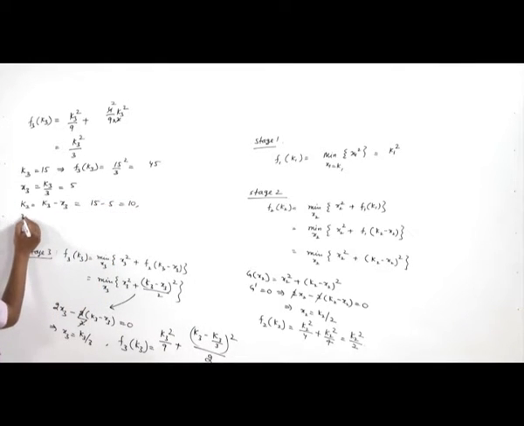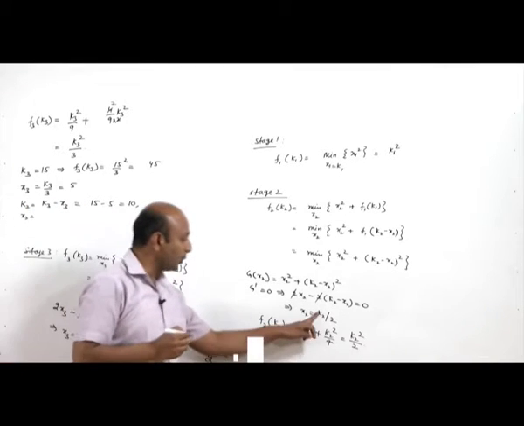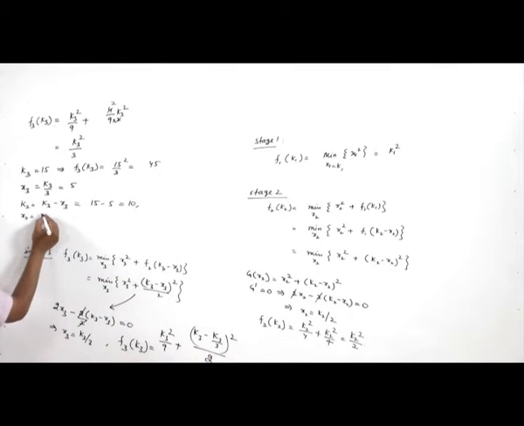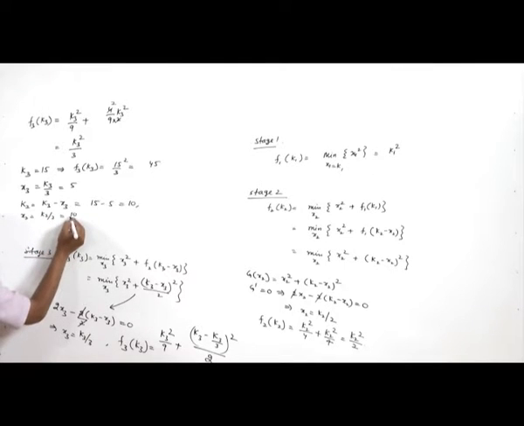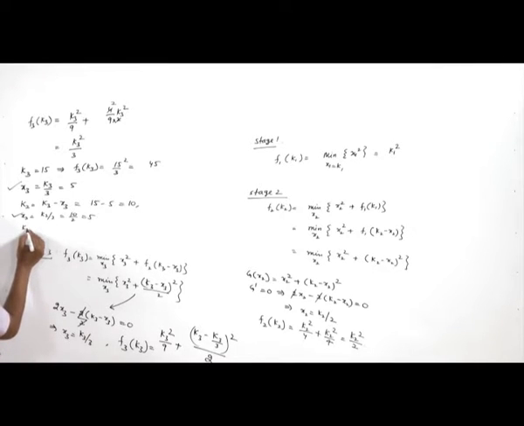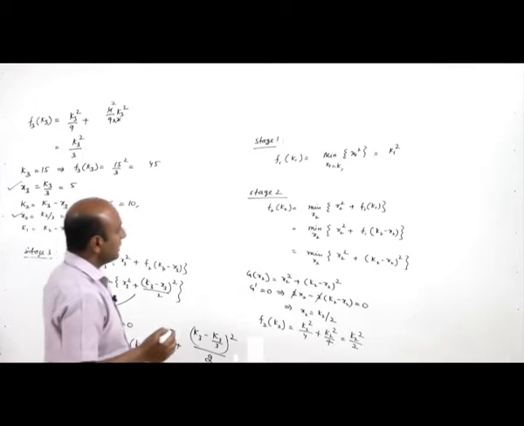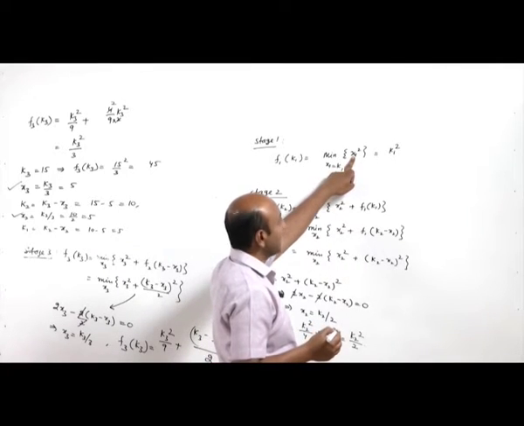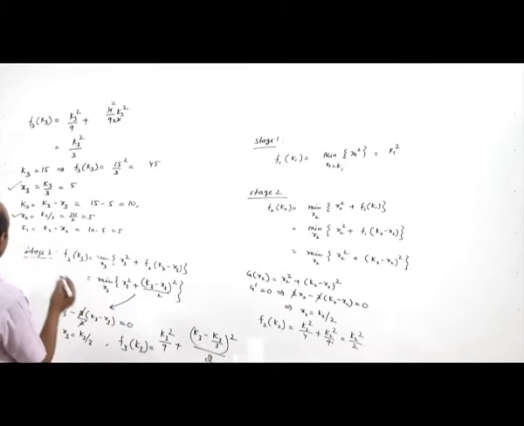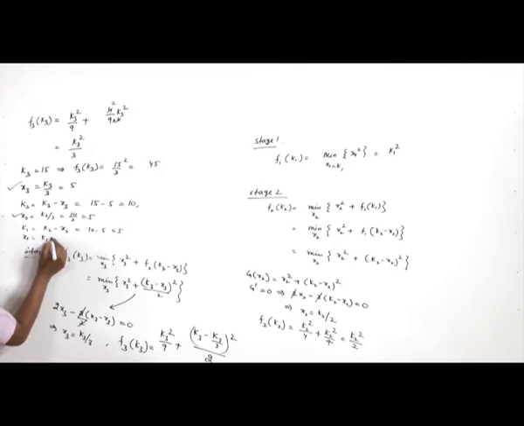So, what will be x2? x2 is k2 upon 2. Okay. So, it is 10 upon 2, that is 5. So, x3 is 5, x2 is 5. Now, k1 is k2 minus x2, that is 10 minus 5 equal to 5, and x1 equals k1, so x1 equals 5. So, that means the minimum is obtained when all x1, x2, x3 are equal and equal to 5.